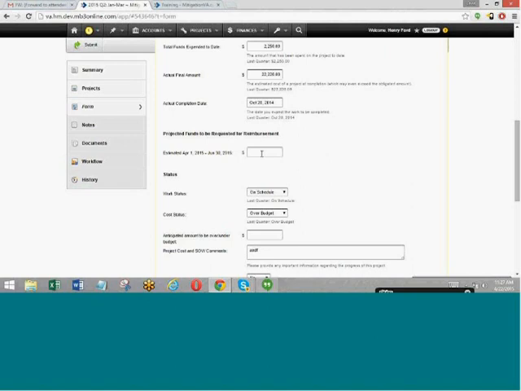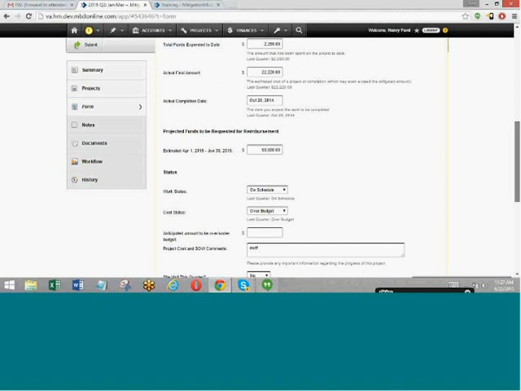So if you're still working on a project, maybe you're 50% done, and you're expecting to have some expenses that you can submit for reimbursement within the next quarter, you can enter that here. You can say we're expecting $50,000 worth of reimbursements on this project to be submitted within the next quarter. It just gives the state a heads up of what's heading their way. If you don't have anything, you can just leave it blank. It's not a required field, just an option to fill in.